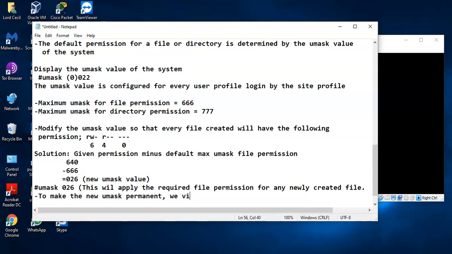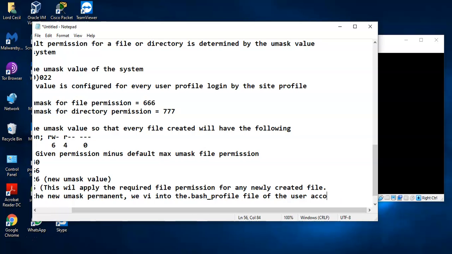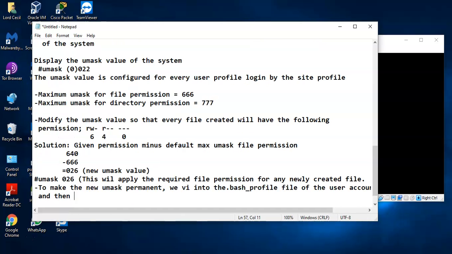So we vi into the .bash_profile of the user account. And when we do that, at the bottom of the file we add the umask